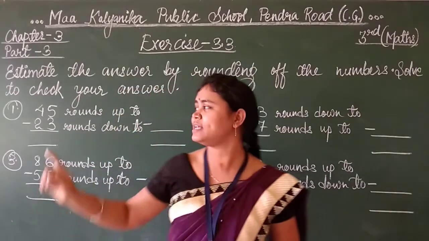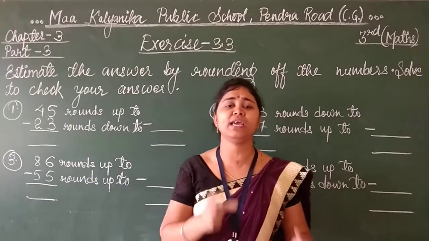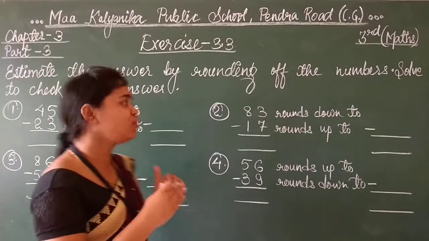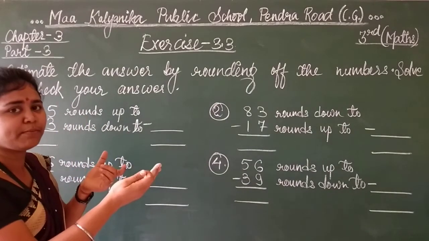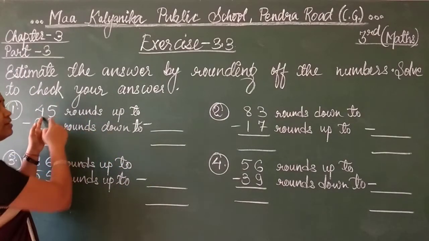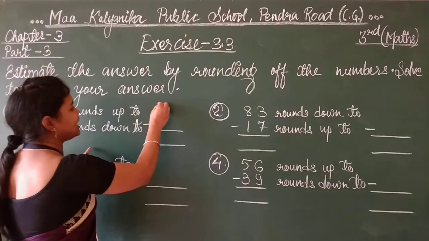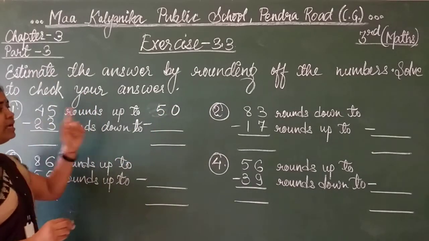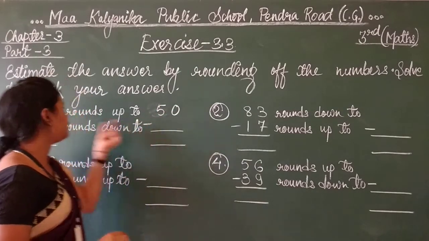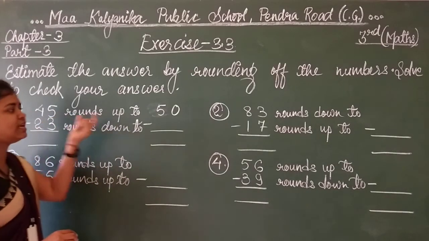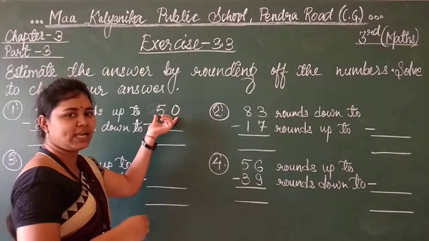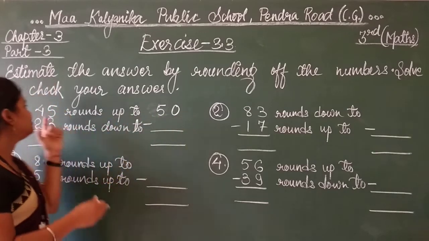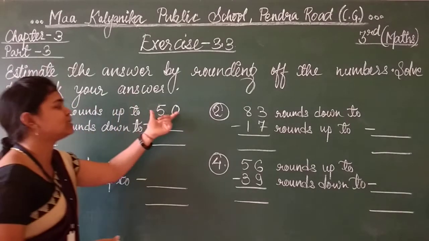So now the ones place here is 5. So is it below 5, above 5, or equal to 5? Equal to 5. So we are taking the next number of that group, that is 40 and 50 which we have received here. So we will take the second number, that is 50. So 45 will be nearest to 50, because if 5 or above 5 is in the ones place, we take the next number. So 40 is the first number, 50 is the next number. So in between that range, 45 will be more closer to 50.